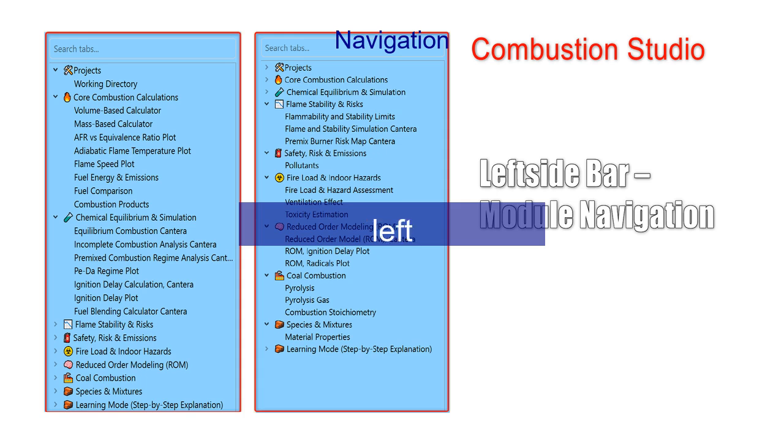The left sidebar serves as the primary navigation panel. It lists all computational modules and analysis tools in a structured hierarchy. Users can quickly switch between different domains. The list of tabs are: working directory, volume, ASED calculator, mass-based calculator, AFR versus equivalence ratio plot, adiabatic flame temperature plot,